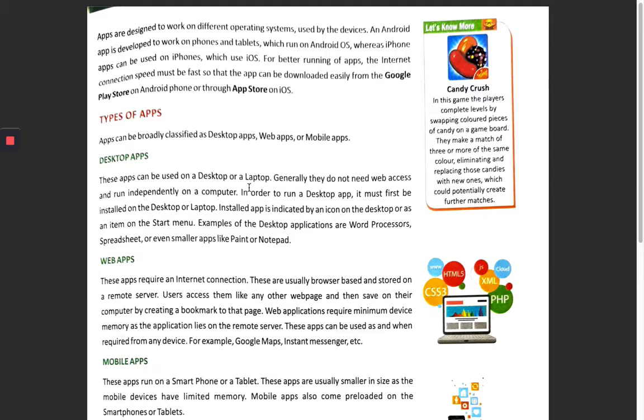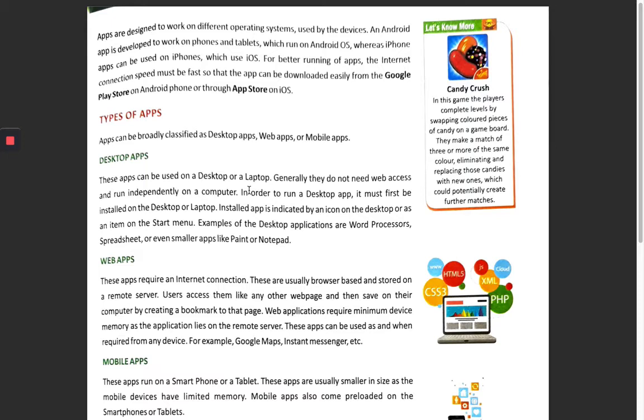Now the last topic is types of apps. Apps are broadly classified into three types. One is desktop application, another is web application, and the third category is mobile application. They may be for the same purpose, but they have different classifications based on the device you are using.